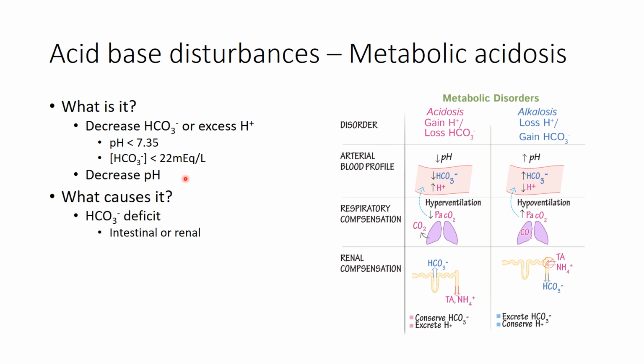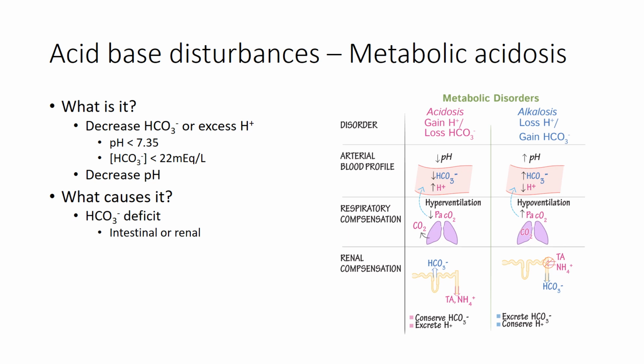So this is caused by really two different things, either a hydrogen accumulation or a bicarbonate deficit, meaning we don't have the bicarbonate to bind the excess hydrogen ions that are in the extracellular fluid. And so this bicarbonate deficit can occur within intestinal or renal losses. Intestinal losses can include